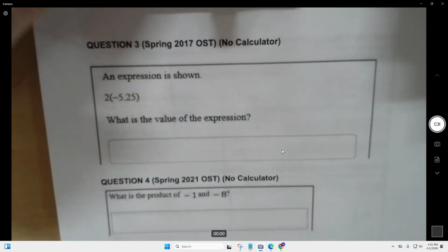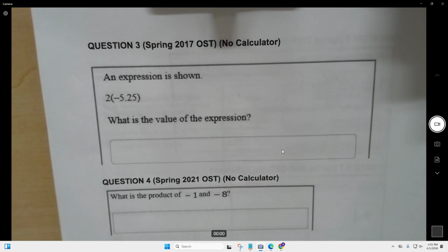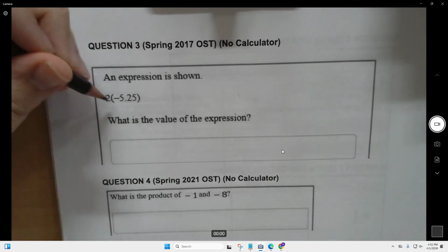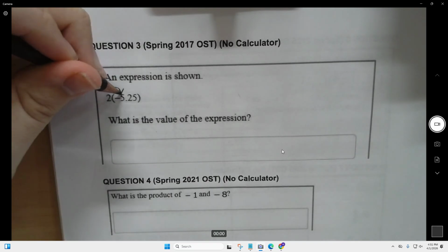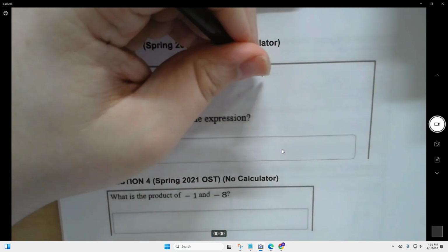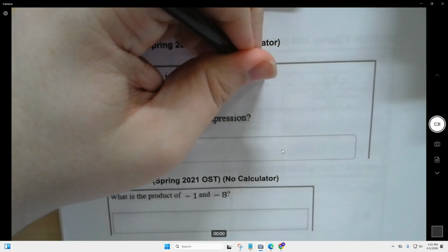Question 3, Spring 2017 OST, no calculator. An expression is shown. What is the value of the expression? So all you're realistically doing is distributing. You're distributing this 2 to the negative 5.25. So let's do negative 5.25